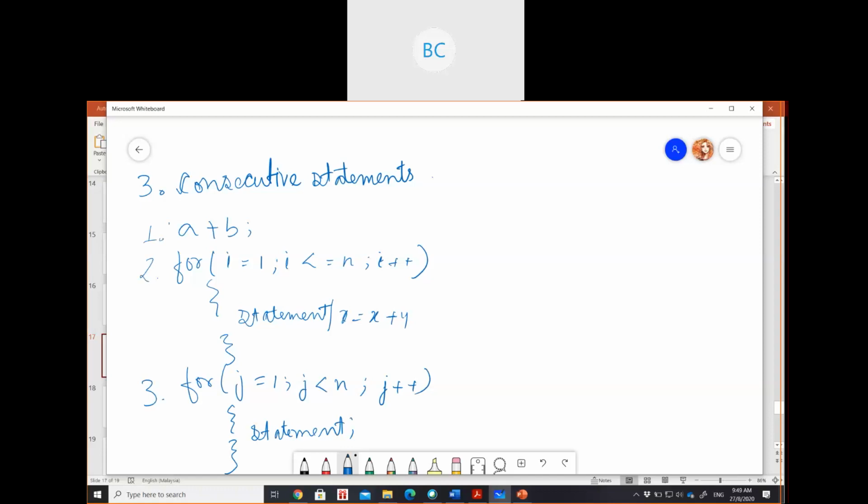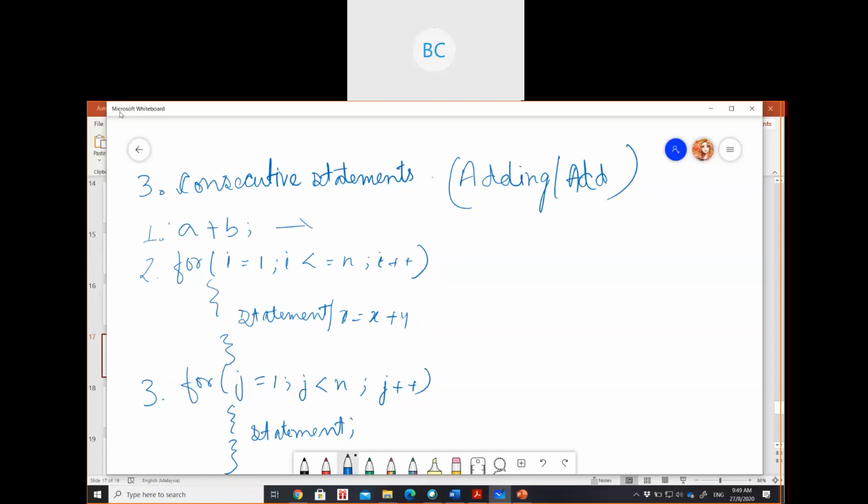This is not a for loop inside a for loop. There are two for loops inside your program. It's also a very common thing, right? Sometimes we use two for loops. Then we have another statement. So what happens here? We simply add all those times separately.